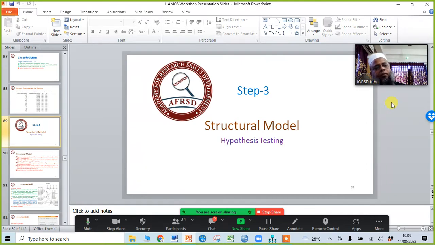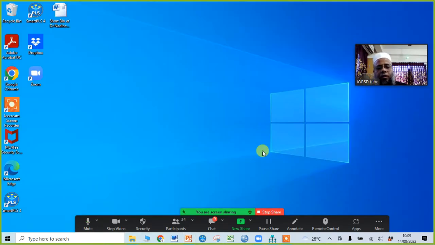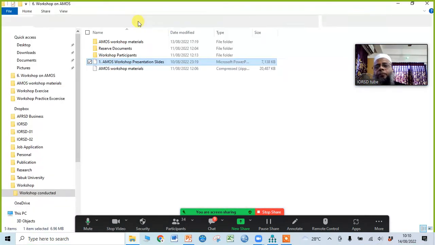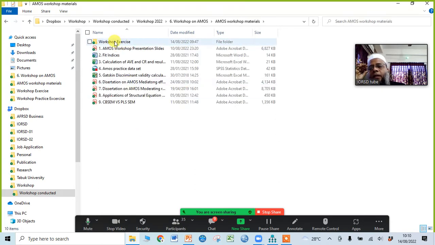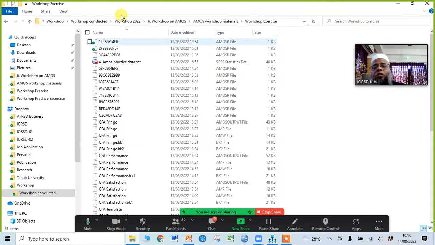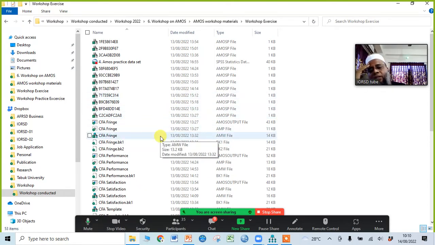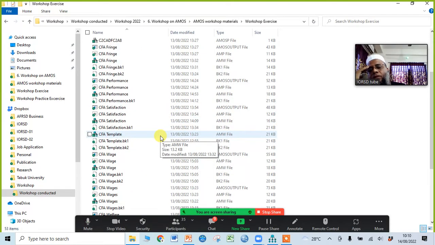Okay, so just go to the folder I have given you, the workshop exercise. In the workshop exercise, you have many files.